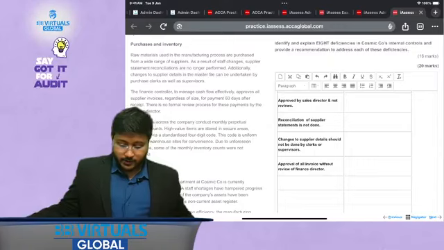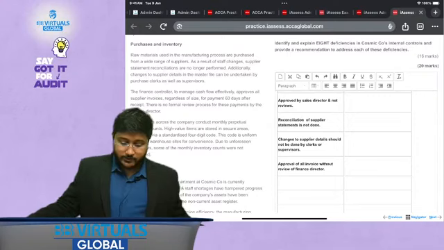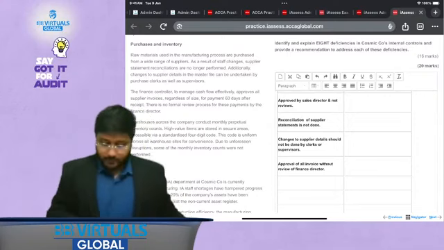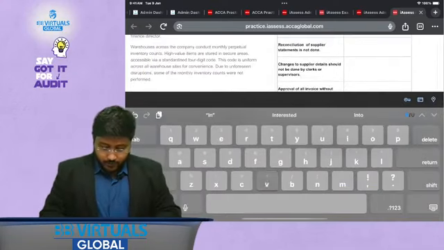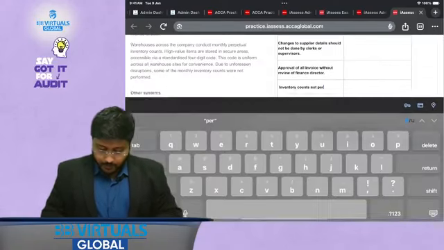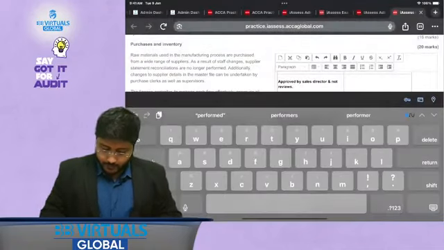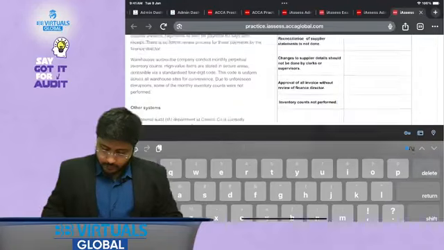Now, warehouses across the company conduct monthly perpetual inventory counts. High value items are stored in secure areas accessible via standardized 4-digit code. This code is uniform across all warehouse sites for convenience. Due to unforeseen disruptions, some of the monthly inventory counts were not performed. So inventory counts not performed, I am mixing two. Okay, inventory counts not performed, let us write differently only, inventory counts not performed